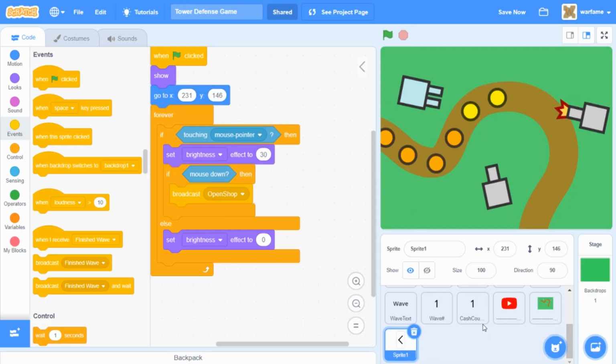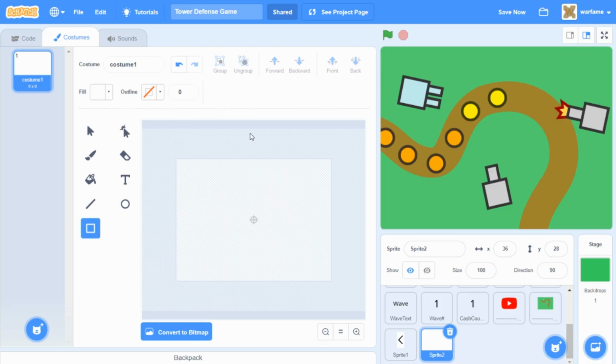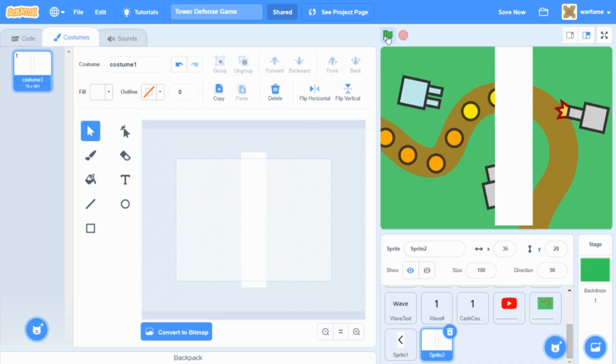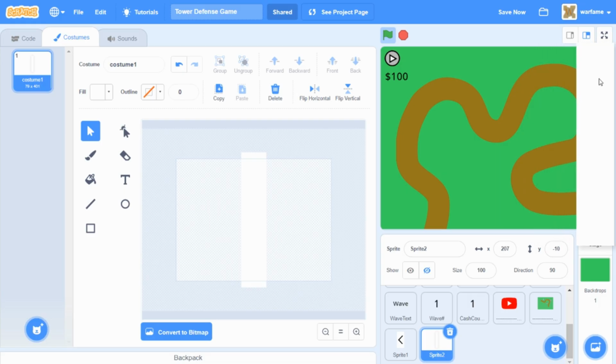So I'm going to create a new sprite, and then this sprite is going to be the shop background that appears when the open shop message is broadcasted. So I'm going to create a simple rectangle with a white fill, and I will center this. And I think I want this shop background to appear on the right over here, so I might make it a bit larger. So something like this. Alright, so this is going to be our shop background sprite, and I'm going to go inside of the code,